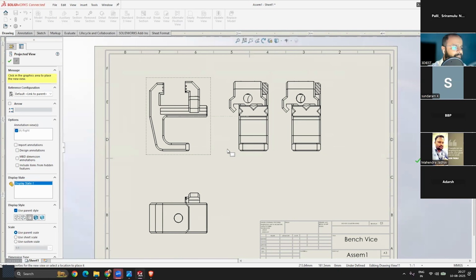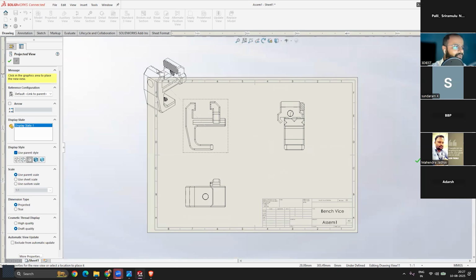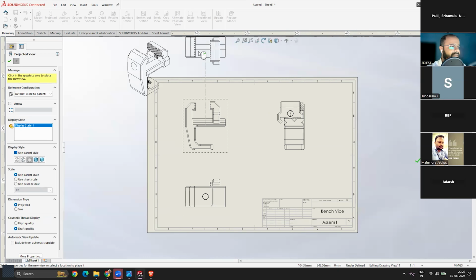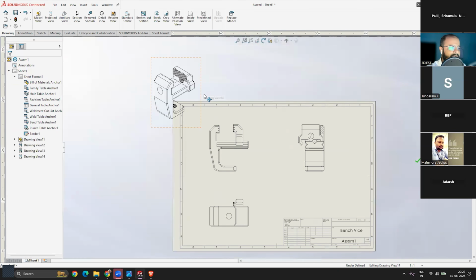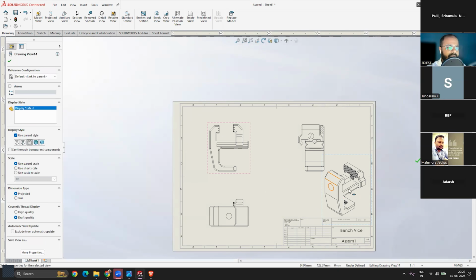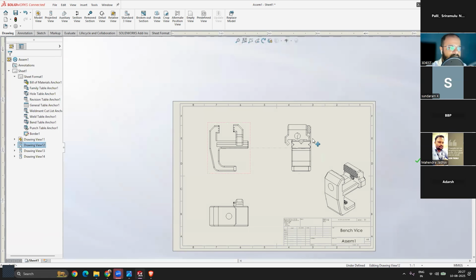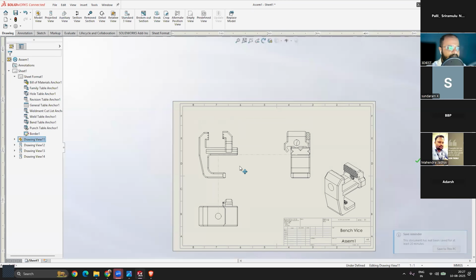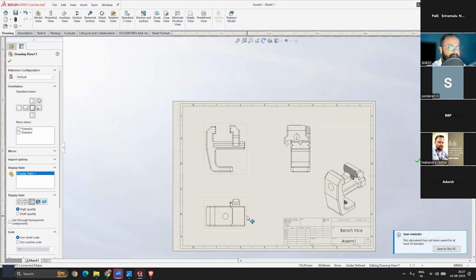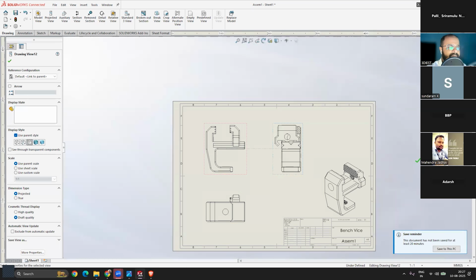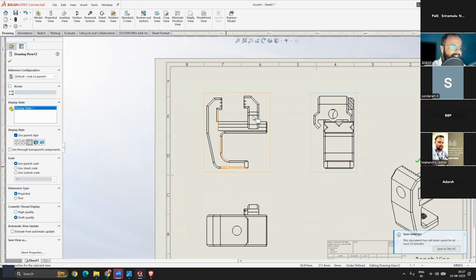So let's say instead of creating this view, I will go towards this side and create a view like this, right? Once you are done, simply press escape on your keyboard, and now I want to keep this view in this place, so I can move it, because an isometric view is almost free to move. But these two views are defined by this parent view, so if we try to move this one, these two views will also update their position, because they are projected views of this parent view, right? So if this is a front view, this would be the side view and this would be the top view, right? And this is the isometric view.